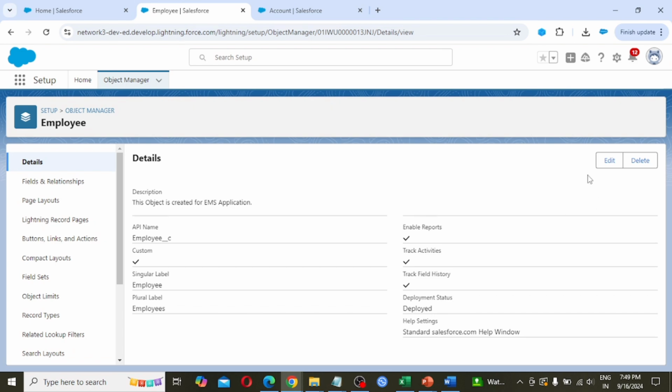But in the custom object we are able to see the edit and delete buttons. A standard object is provided by Salesforce, so it says you can't delete this, but a custom object we create as per our business need. So if there is no business need, we are able to delete that particular object.